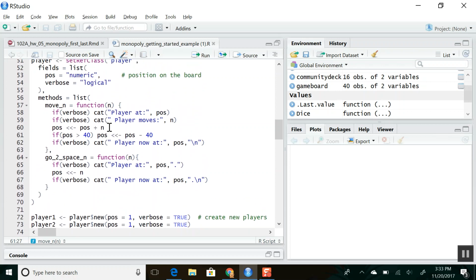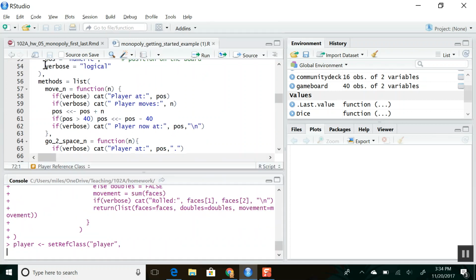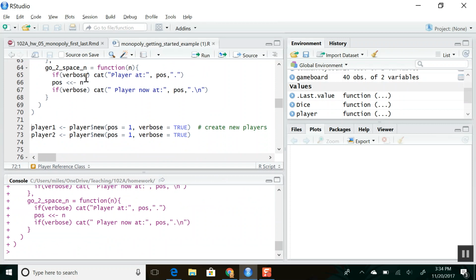Once I've created my reference class like this, the other method is go to space n. So if you draw the card that says go to boardwalk, you're going to use go to space n, space 40 being boardwalk, and then you would update the position to space 40. Okay, so we created the player reference class, and here I'm going to create